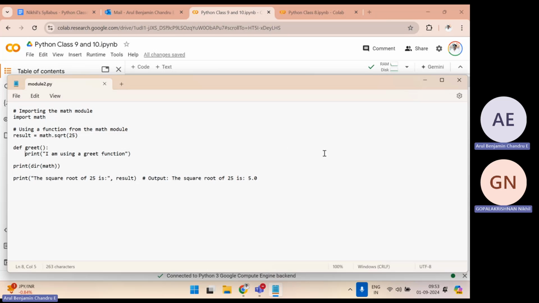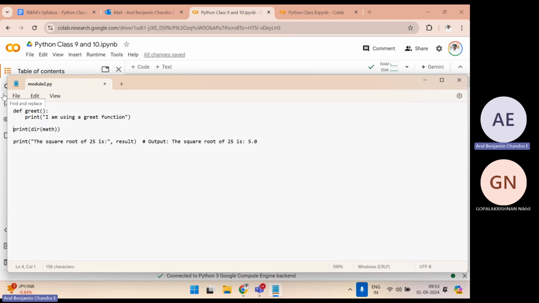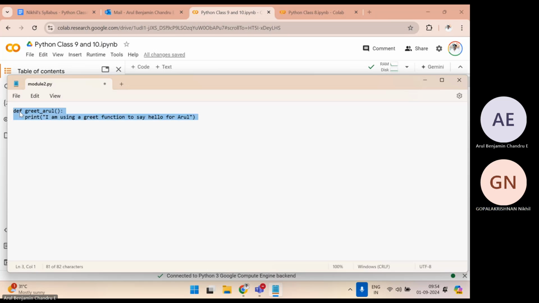Now I have a module like this. In this module, just ignore everything else. I am having a function like this, greet Arrow, using a greet function to say hello for Arrow. In the same way I can use another function called greet Nikhil. If I have multiple functions,